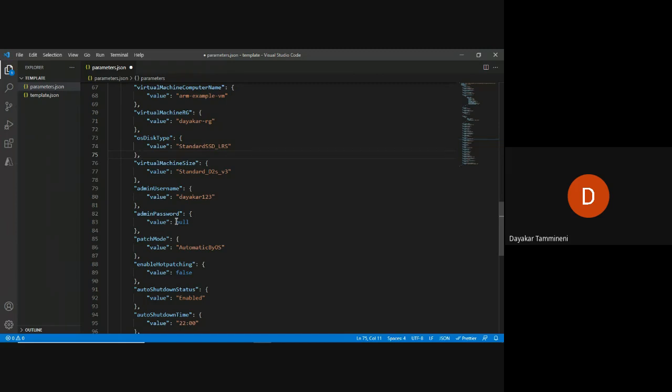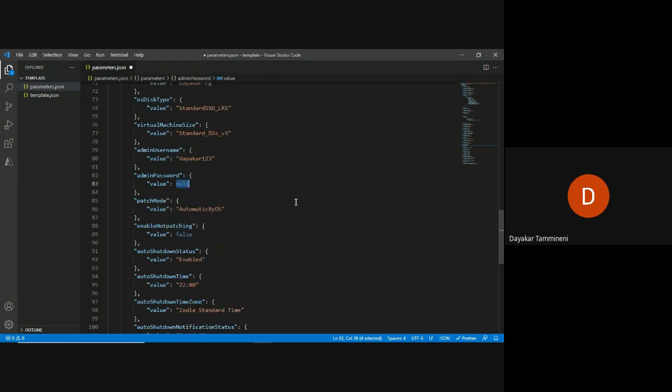Now we need to give the particular admin password so that this ARM template is successfully used for deployment. Just give whatever admin password you used while creating the virtual machine. Here give the admin password.